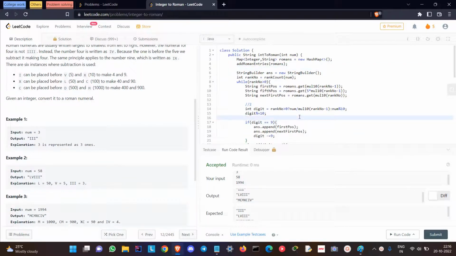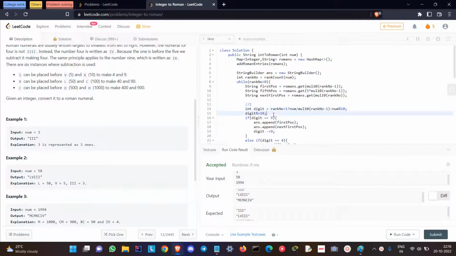So I'll type it here, 444. Let's say 4, 8, 9: the rank of 4 is 3, the rank of 8 is 2, and the rank of 9 is 1. So when we reach the condition that rank is greater than 1,